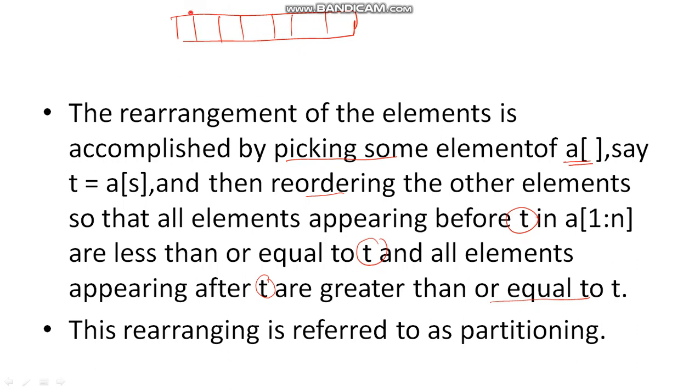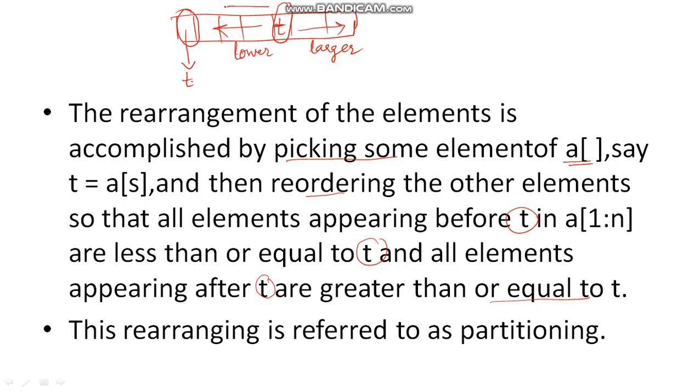Randomly I will take any value out of this. So let us consider the first element and I say that it is t. Now I place this t into this array and I also make some rearrangement such that, if t is placed here, all the elements towards the left hand side of t are going to be smaller than t. All the elements towards the right hand side of t are larger than t. So I am doing some arrangement in this way, and t is at its appropriate position.